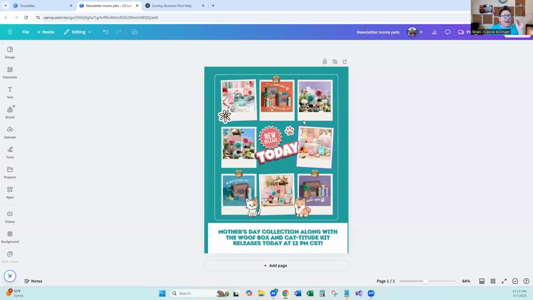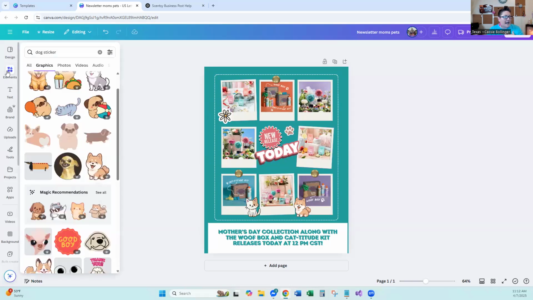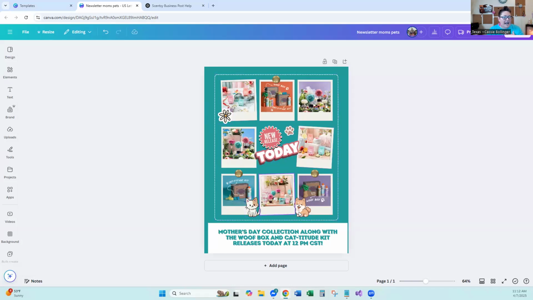I went through and downloaded all of the actual graphics that they provided, and I dropped them in there. I rearranged some of the little stickers. I found these new release today. So these were in Elements. The cat and dog sticker, and I just changed some colors. That was it. Very basic. Now, if you guys need a Canva training, let me know. So after this, I downloaded the